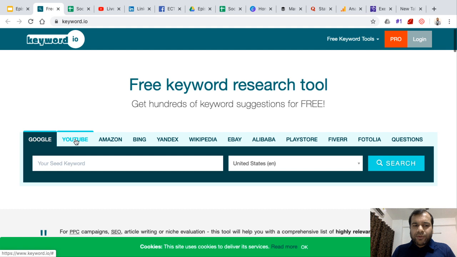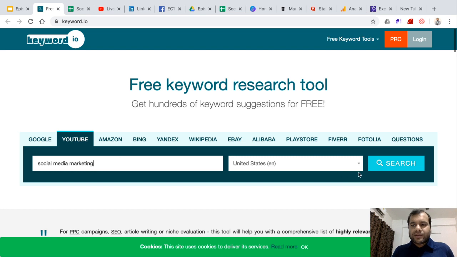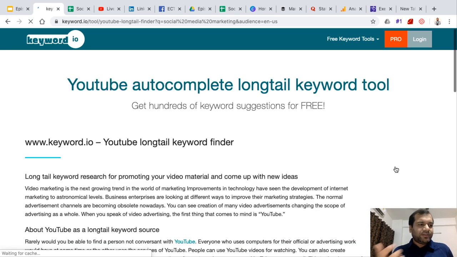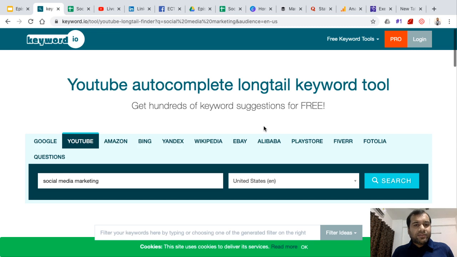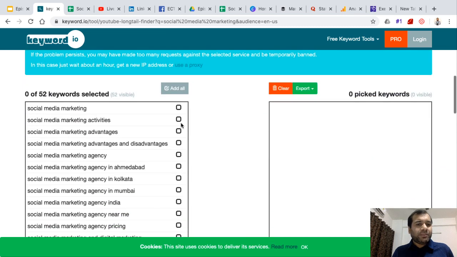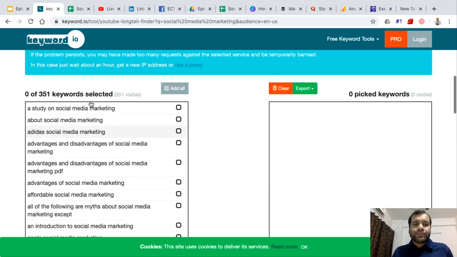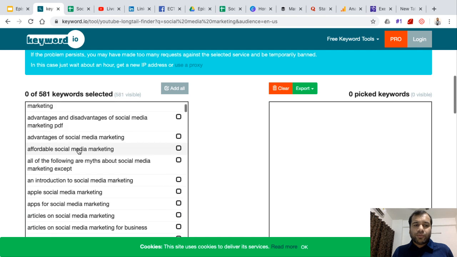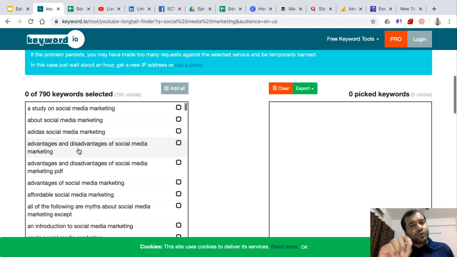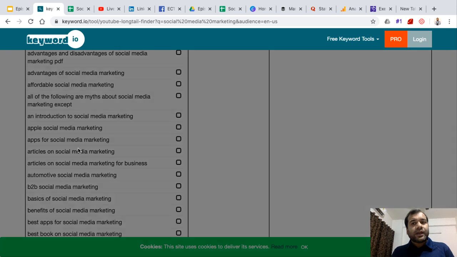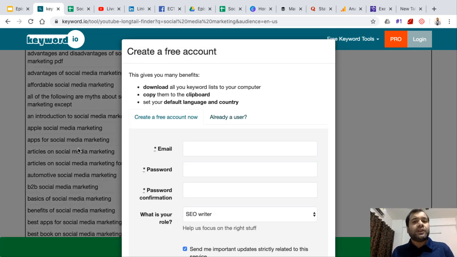So I can simply click on YouTube and search social media marketing and click on search. This is a really simple tool, and this will give you certain keywords that people are searching on YouTube, that you can insert in your social media posts, so that you can get more visibility and more searches.